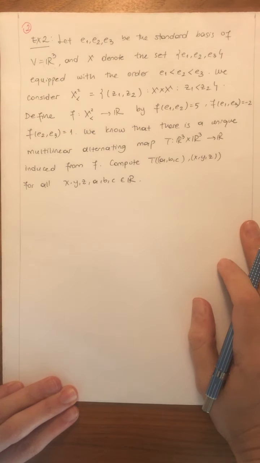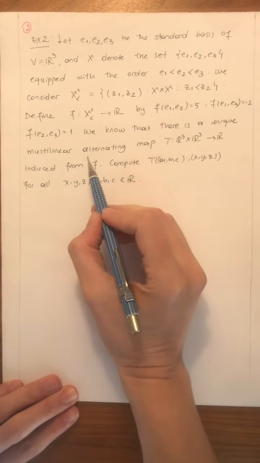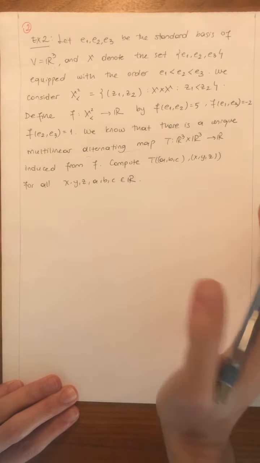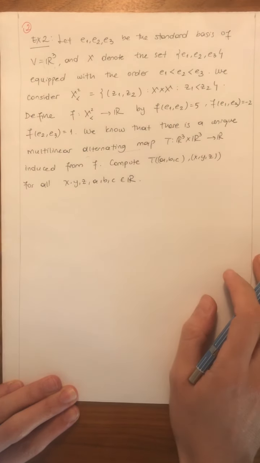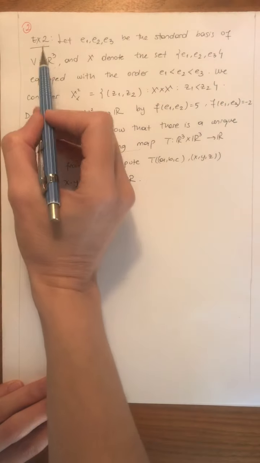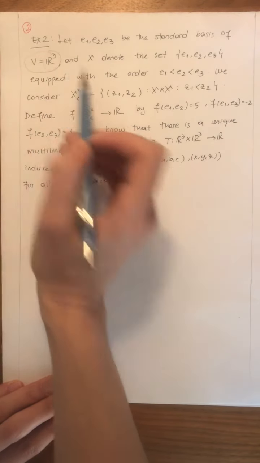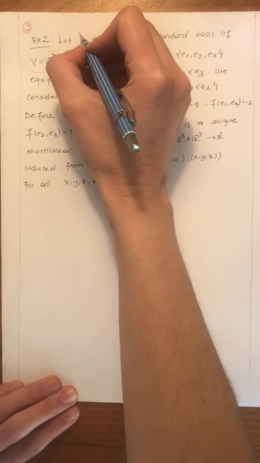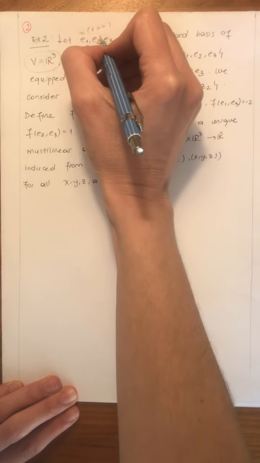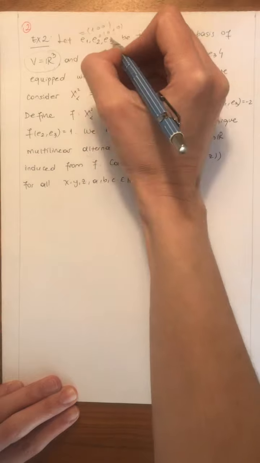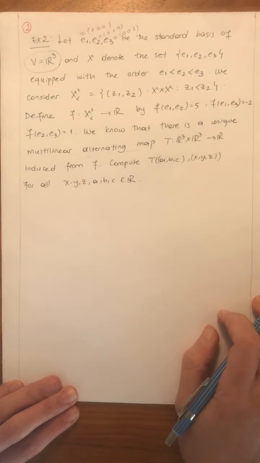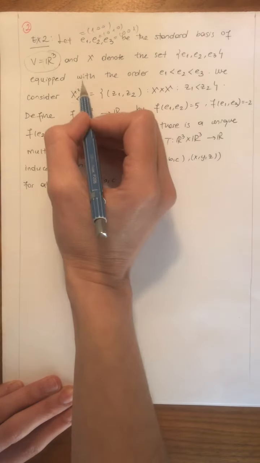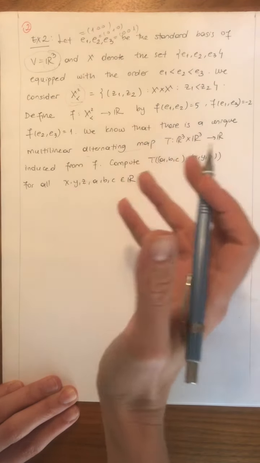Hi everyone, in this video we observe how to construct a multilinear alternating map by having only information on the basis. Over exercise 2, we have the vector space R^3 and we have the standard basis E1, E2 and E3. Additionally, in this exercise, we consider this set, which gives us the info,